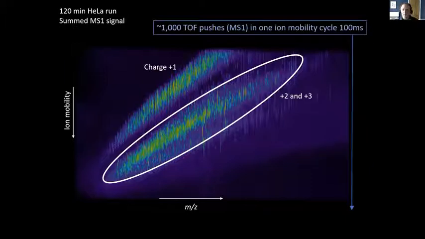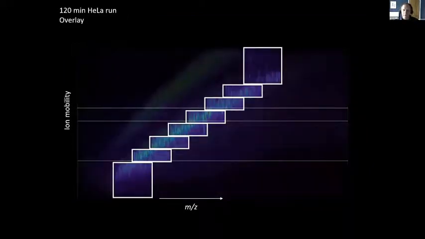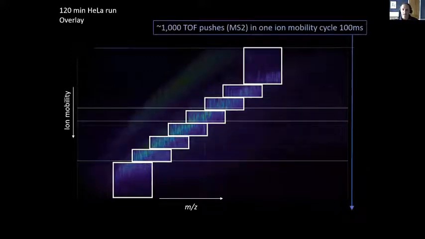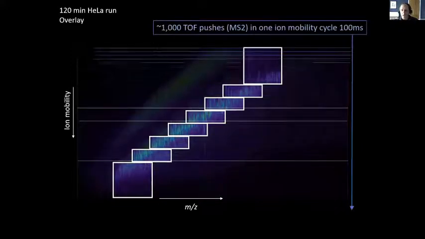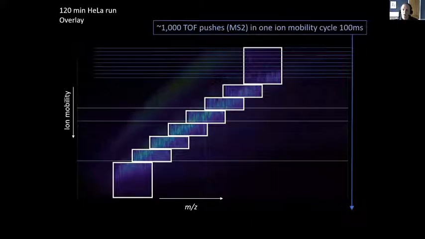multiply charged species. Now if we go into DIA mode, where we're talking about MS2 spectra, we can use the correlation of the m/z and ion mobility to position the quadrupole where we know there should be bigger ions at the start of the mobility scan, right? If you remember, I said that the bigger ions are being released into the instrument first. So as this ion mobility scan proceeds, we can shift the quadrupole position from